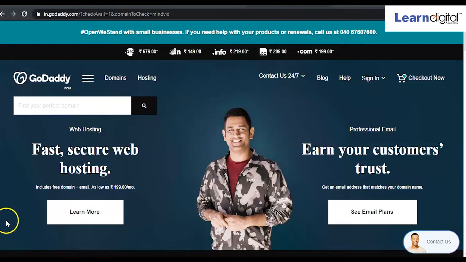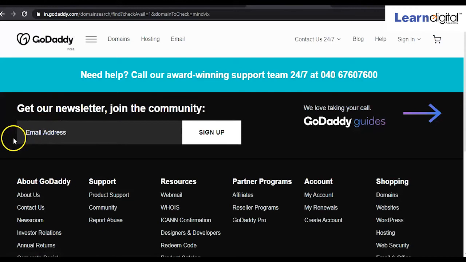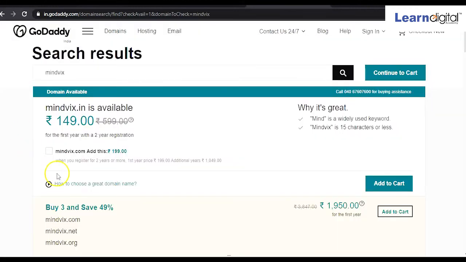So directly we see over here, we'll type any domain name that we want to take, like Mindwix. I am typing. So here I can see by default it is showing me mindwix.in is available.